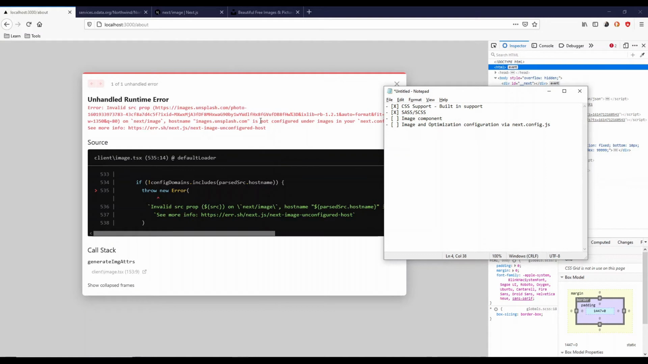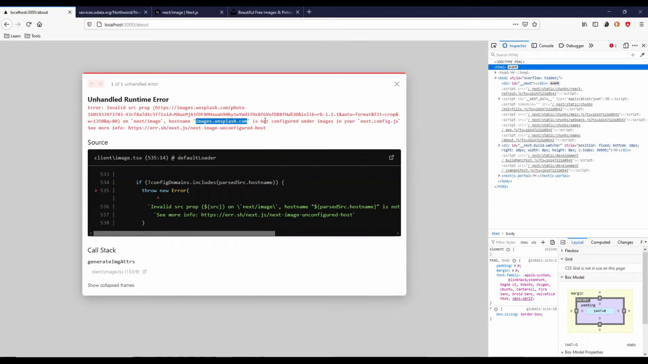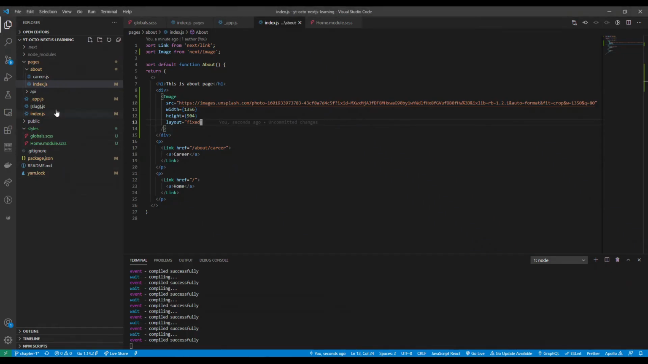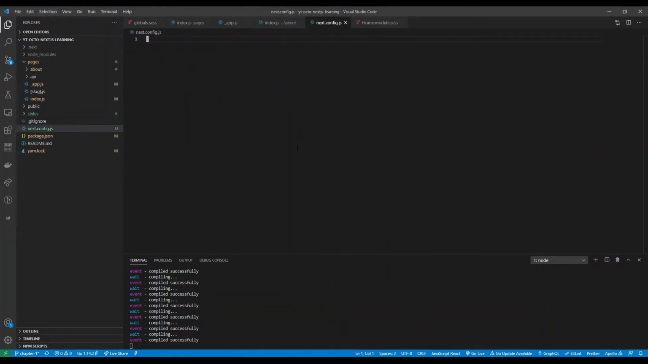I think they have made it mandatory, earlier it wasn't. So now if you want to load any image, you will have to pass the domain in the configuration. So we can go to the next.js configuration file. I just remember that we haven't created that file yet, because we didn't need it. So we'll create a new file and call it next.config.js